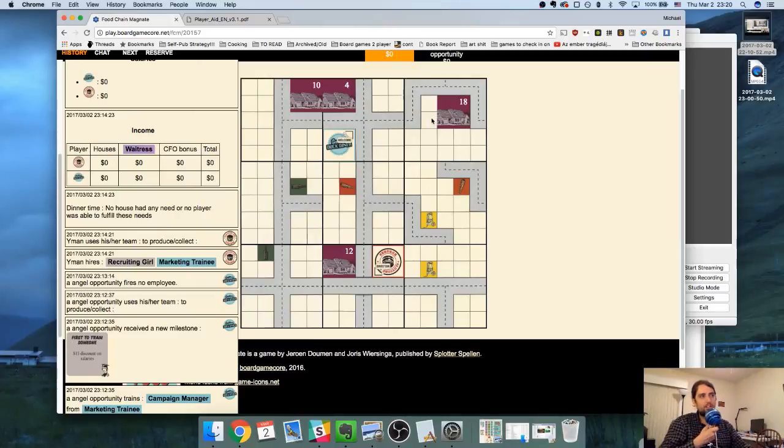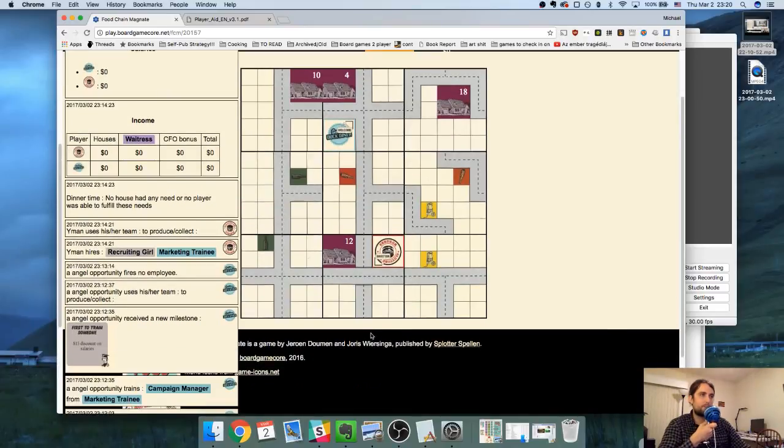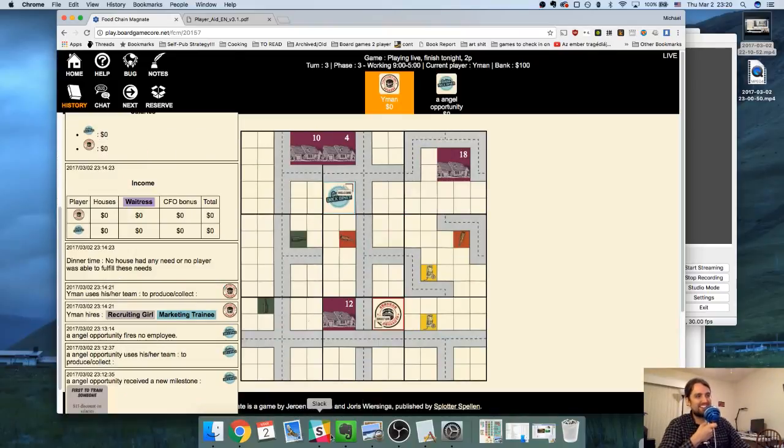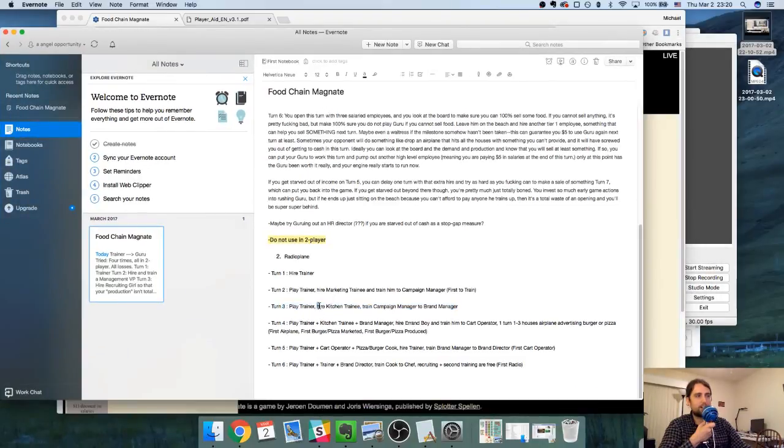So I have to look and see what he's going to hire. If he hires a pricing manager, then I don't know what I'm going to do. I'm going to have to adapt, because this is the turn I'm going to do. The other thing I have to consider is hiring a kitchen trainee. Yeah, I'm probably going to do that